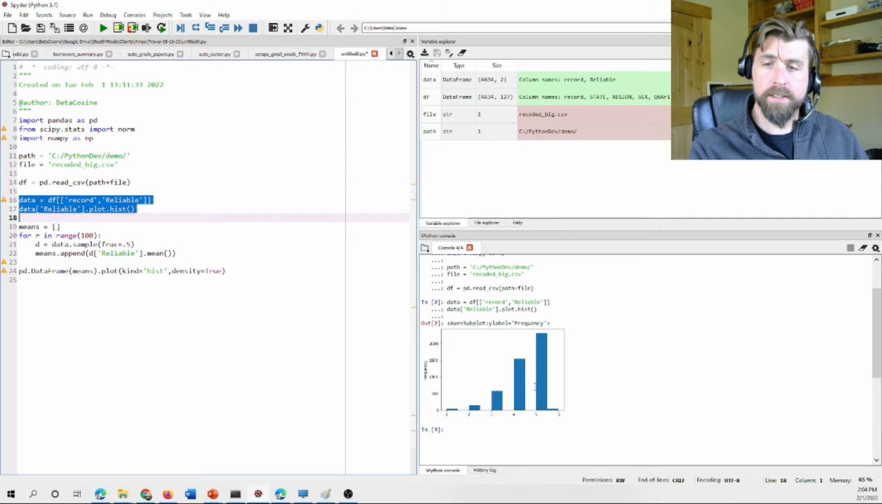Now what I'm going to do is run a loop 100 times, and I'm going to take a sample of that data, roughly 50% of the data, and compute a mean after each sample. And I'm going to create a list of new means, so we'll have 100 new means. And what we're going to do is then plot those new means. So when we run this part of the code,